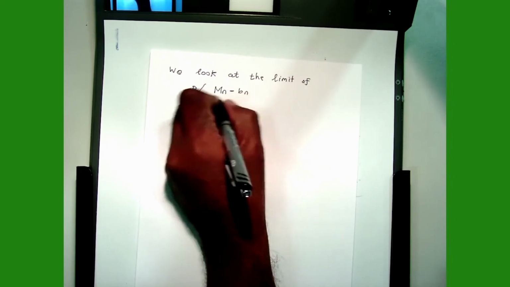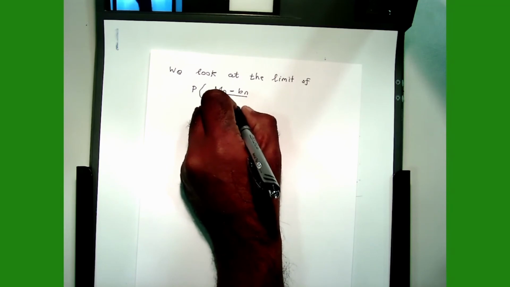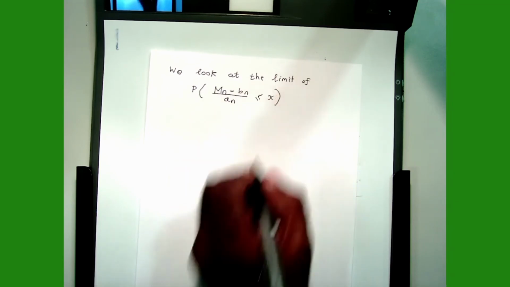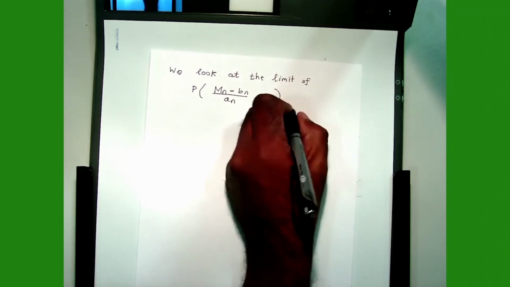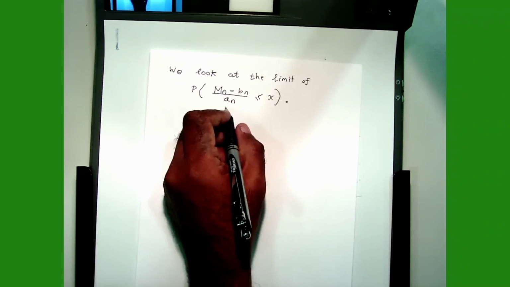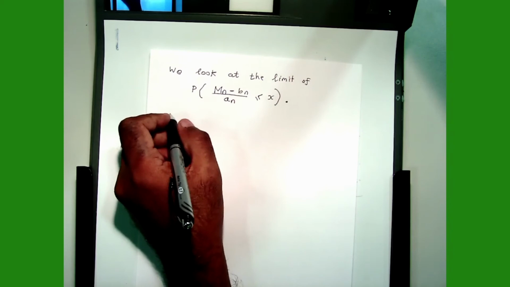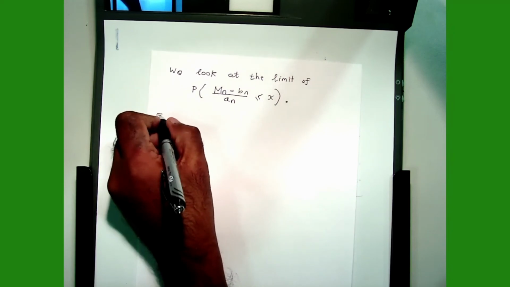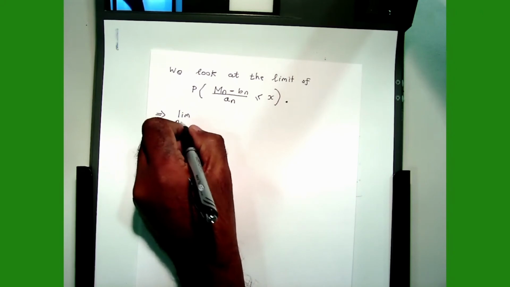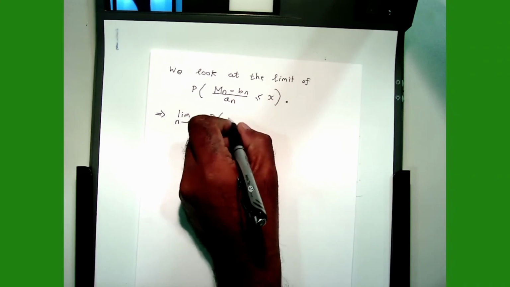So I'm going to subtract a constant which I call Bn and divide by a constant which I call An. Right? So I'm going to see how this probability behaves as n, the number of data points, approaches infinity. So we're going to look at the limit as n goes to infinity of the probability that